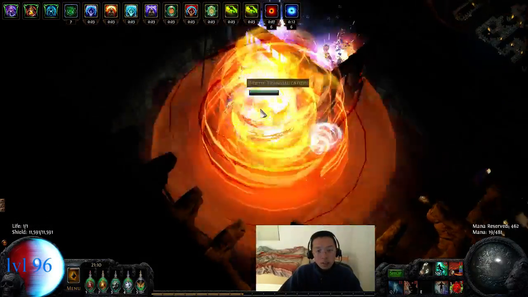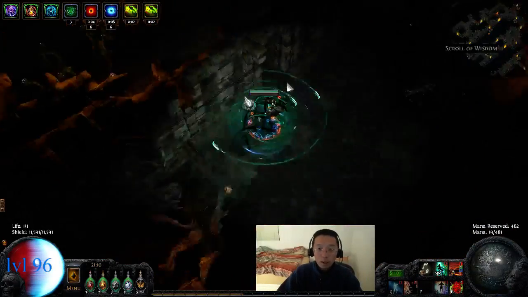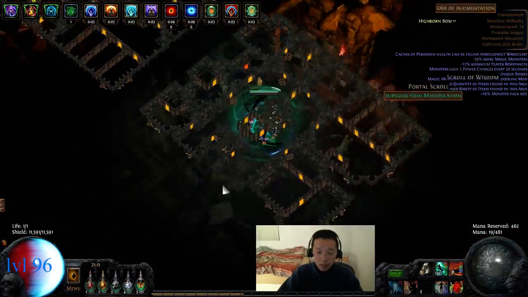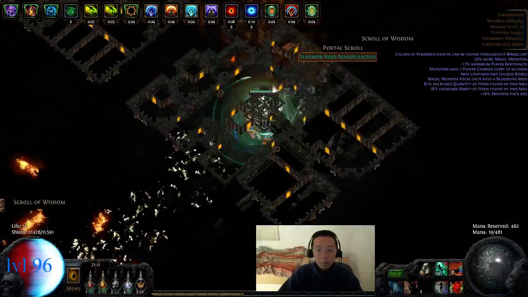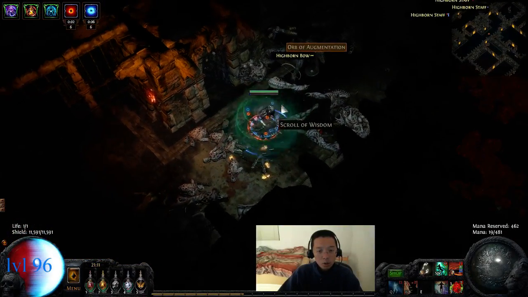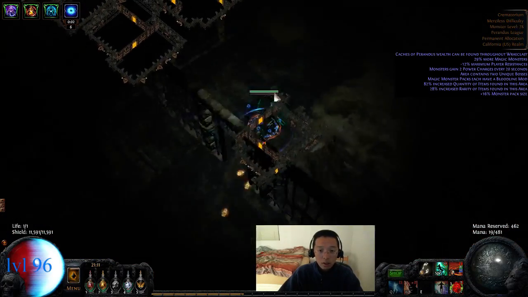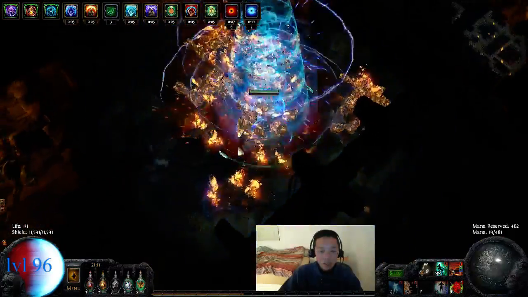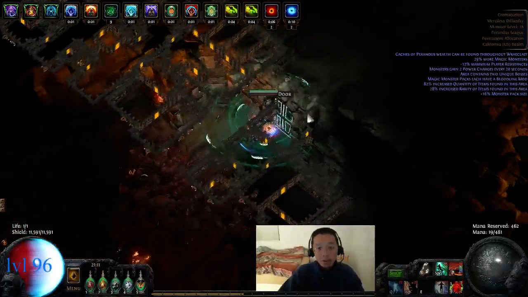Otherwise, if you're on the poor end and you don't have a devotion, or you only have a 4-link, like what I was playing on in the first few days, then the build feels really bad. It feels like every other build. It's a lot less tanky. It's more squishy because you have to be melee and you don't have the energy shield on gear to really make you strong. So yeah, this build scales really well compared to others,